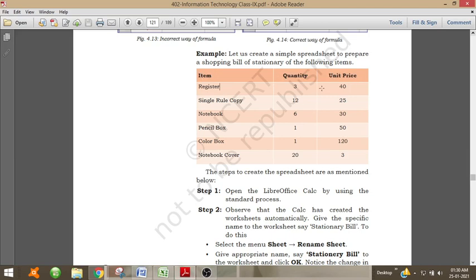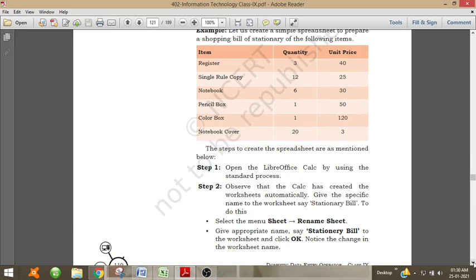Then find out the total price, total amount. That is to create a simple spreadsheet to prepare a shopping bill. That is what will be the total amount that the customer has to pay. So you can create another column, total amount is equal to unit price into quantity.